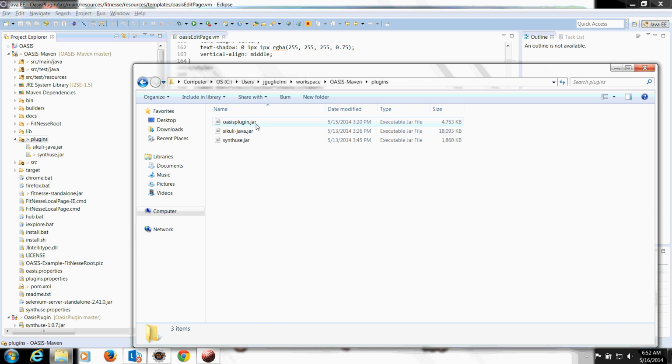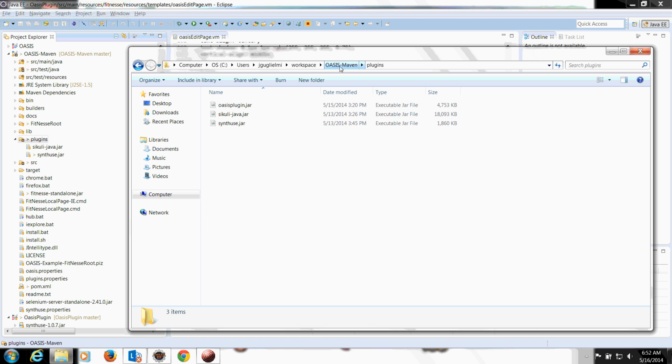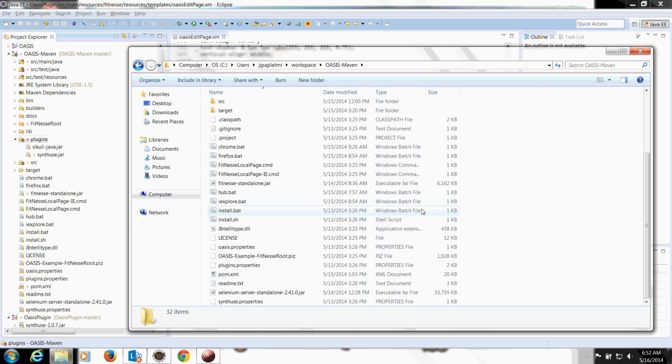So then I just stick it right here and then go ahead and paste over it. So now we're starting to get into a little bit of the different types of components regarding the OASIS project here. So at its core, the OASIS project, as you'll read in the README,